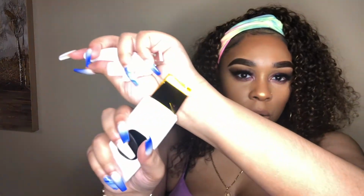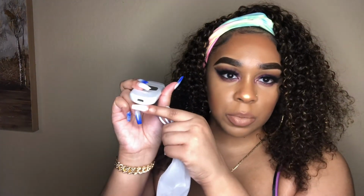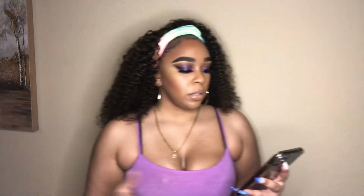So you take it off, and this is the metal part where you basically, I assume, you will use to scrub your face with. And then that's the power button, and this is another button. I'm not too sure what it is. And then, of course, it has this part where you plug it up and use it or charge it. All right, so the Liberex LCD facial skin scrubber retails for